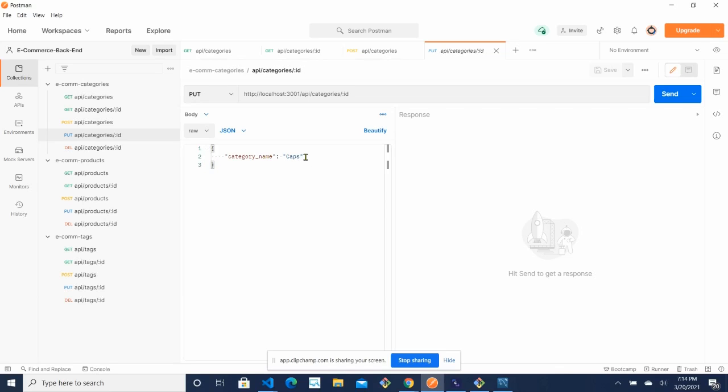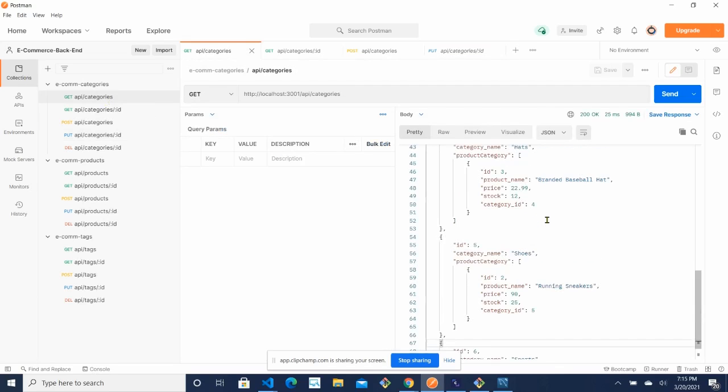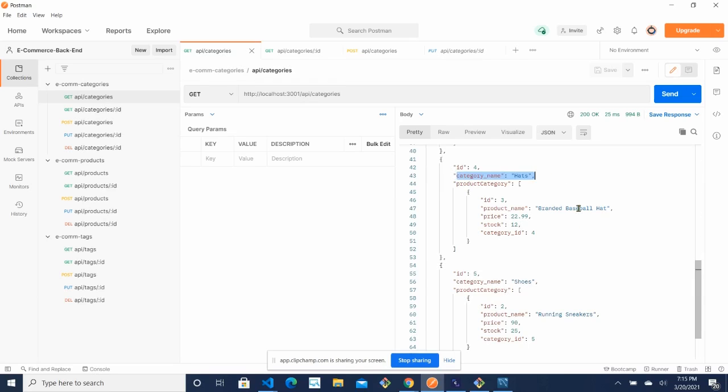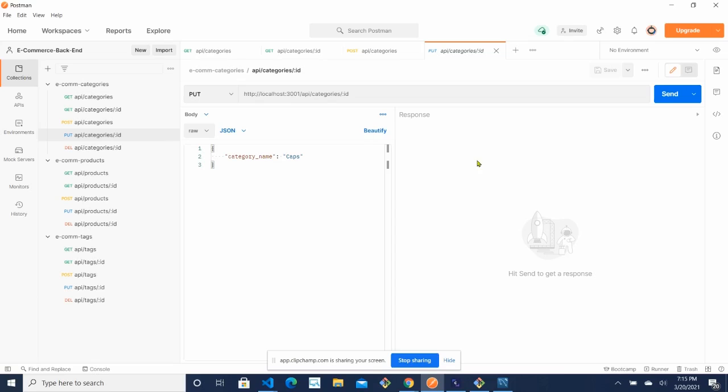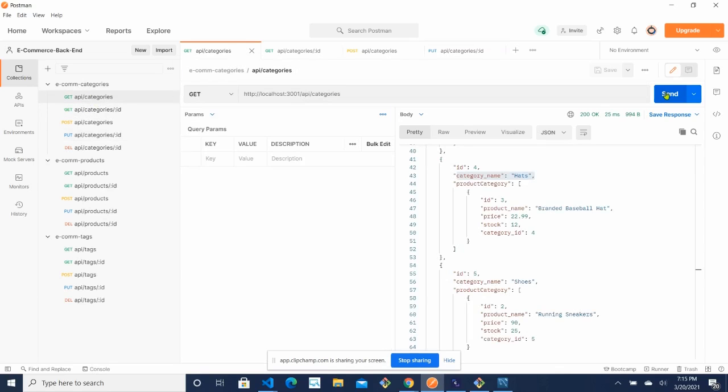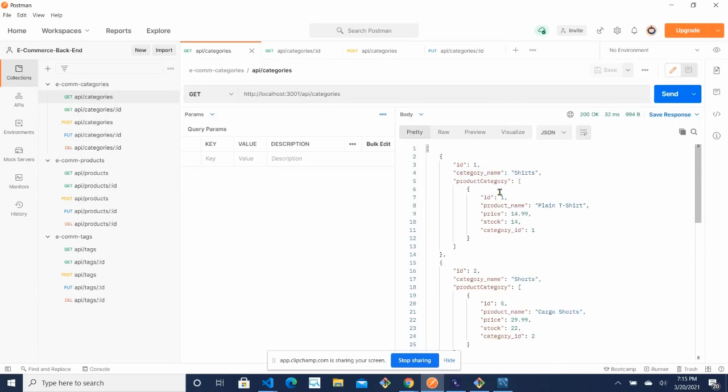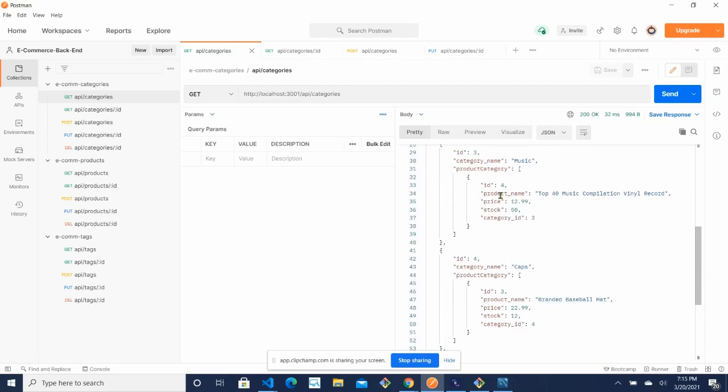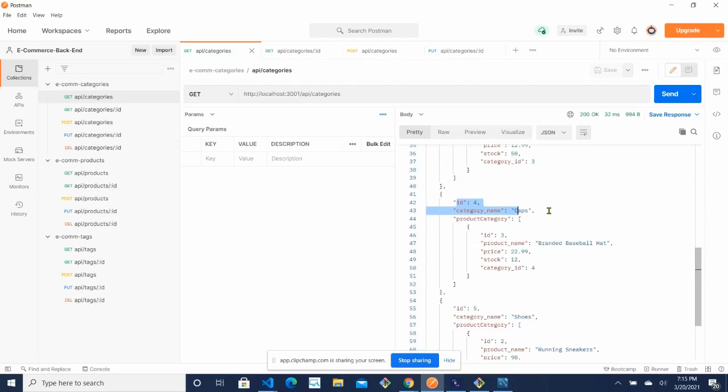If we look into the data that we already had, for 4, the category name was hats. We will try to change this category name to caps. So we'll go to the put request and send this data. We get that one record was updated. Now if we run get categories again, we'll see that the one with ID 4 has changed to caps now.